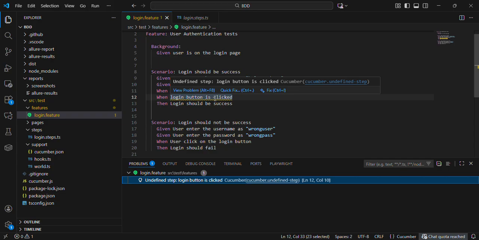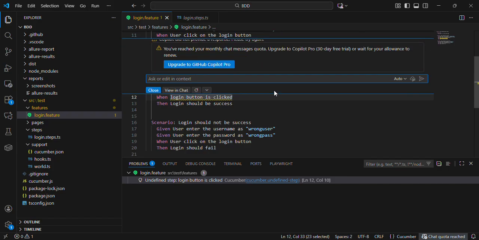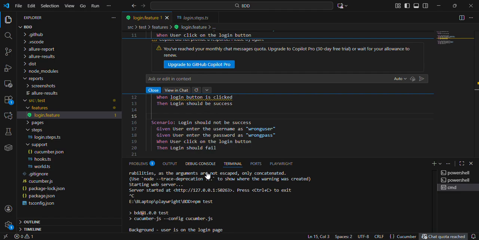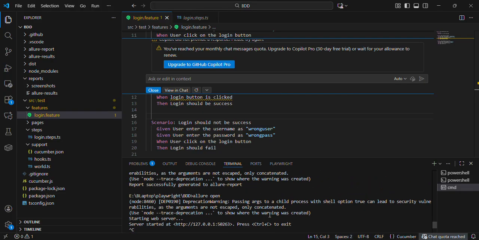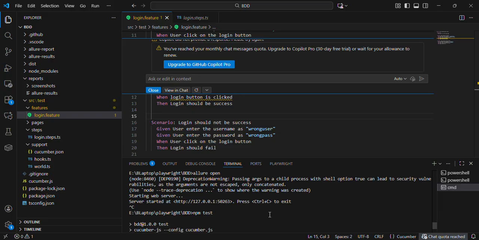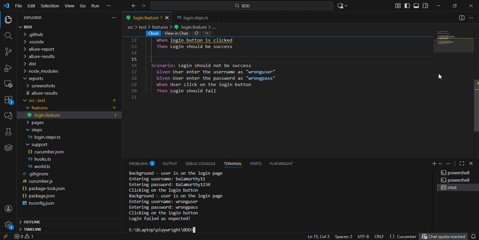If I want to create a new step, I can fix it. Okay, don't worry about this one right now. It will show me what is the way to add. So you can have a code stub that can be implemented, is what it will show: when login button is clicked. Okay. So if I run this with this,